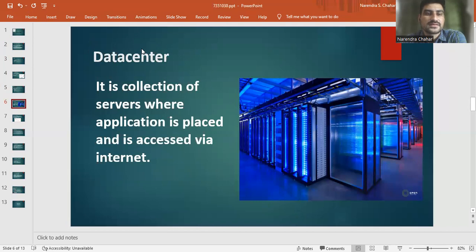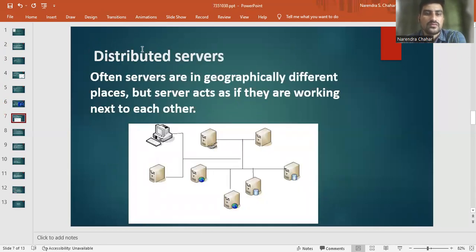And the data center is a collection of servers where applications are placed and accessed via the internet. As you can see in the picture, there are a number of hard drives and resources which provide the services.